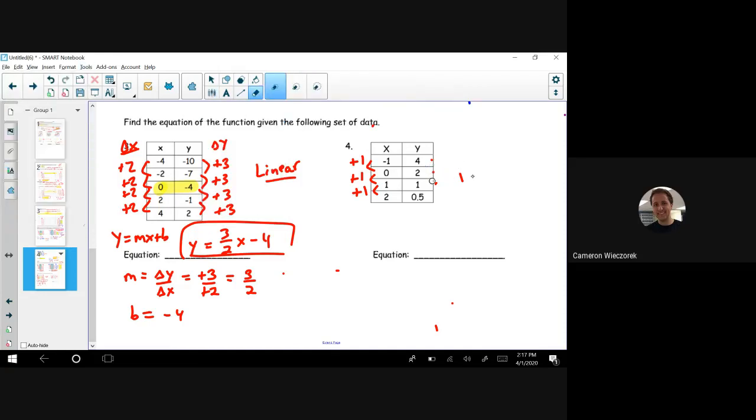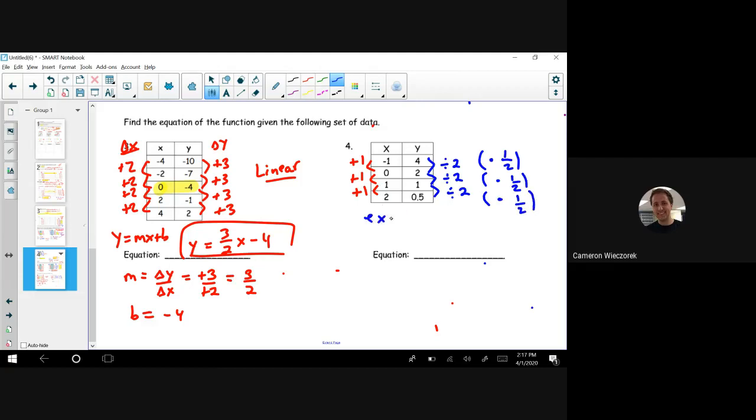Next thing I might try is, is it exponential? Does it multiply or divide by the same amount? And in this one, it's pretty easy to see that it's always dividing by the number 2. But what you really want to be thinking about there is what's the constant multiple, because that's going to be your b value. You're multiplying by 1/2 every time you divide by 2. You just have to take the reciprocal. So I can tell that this is exponential, since the change in y is based on division by 2 or multiplication by 1/2,